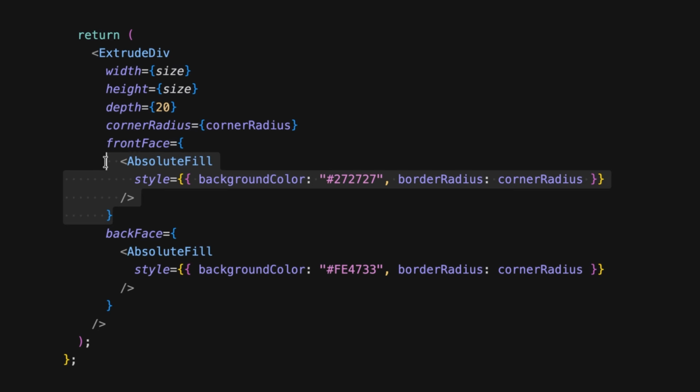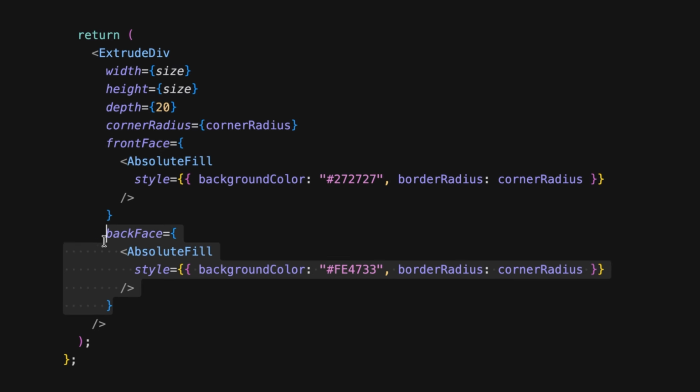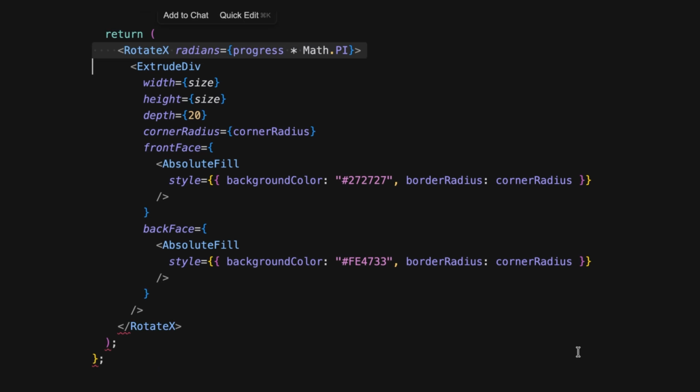how the API works. You can define content for the front side, for the back side, as well as specify a depth value, and then you can wrap it in a context provider to apply transformations like X rotation. And that just makes it feel like regular React, because it is, and you can animate like you usually would